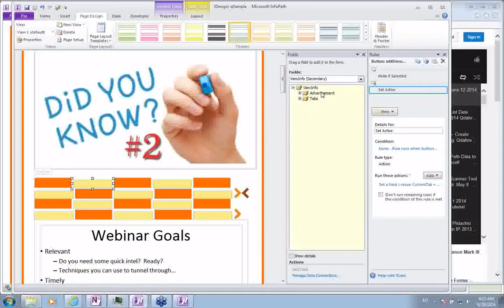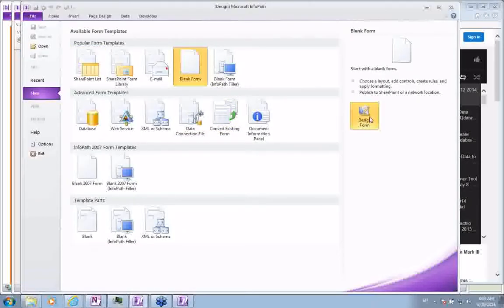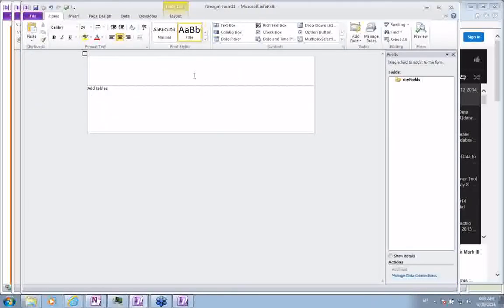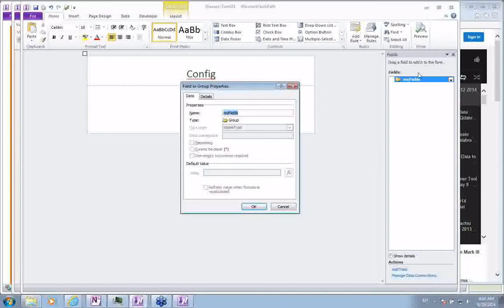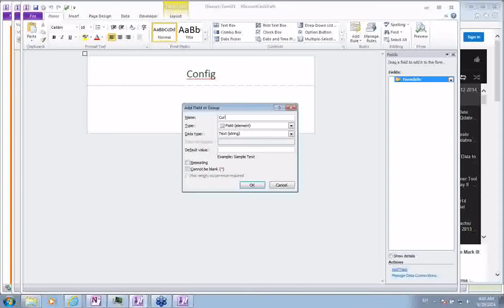And we typically call these things view info or form info. It's very easy to create these because InfoPath is so good at reading and writing XML. You can simply create a form in InfoPath Designer, and you can call this your config form. Then you can add, over here, you're going to call this form info, and you can add your status, your current status. Well, current status you might want to persist, but current tab, for example, you can put that